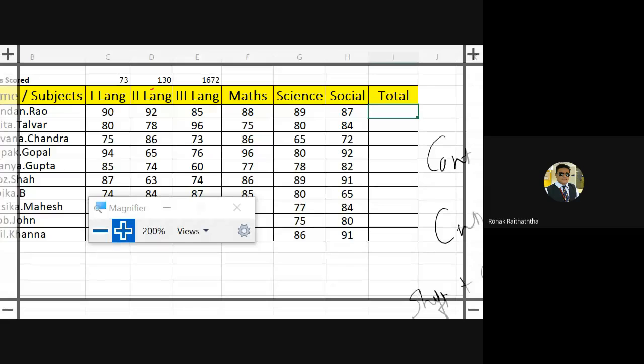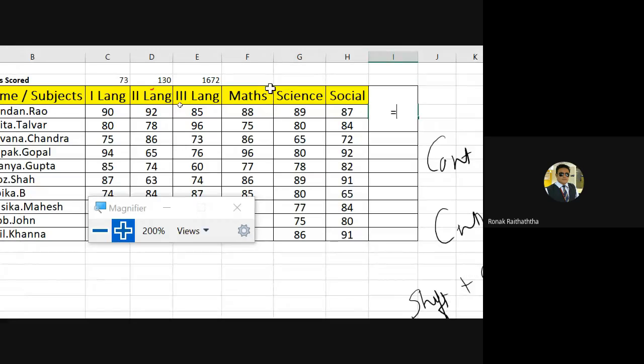I am broadening your thinking process. Okay, so the first way is you can add one cell with another manually, one by one. So equal to 90 plus 92 plus 85 plus 88 plus 89. You can take your mouse cursor over there and keep selecting those cells, right? Plus the last one.